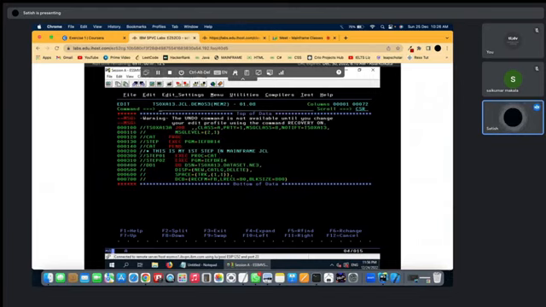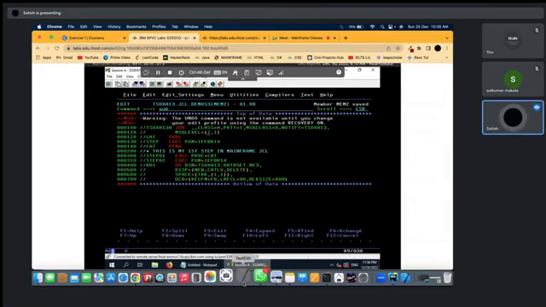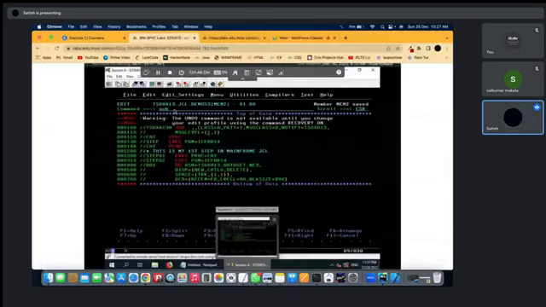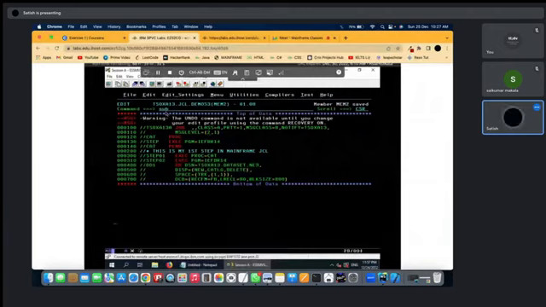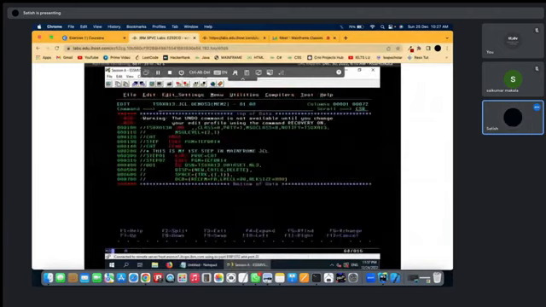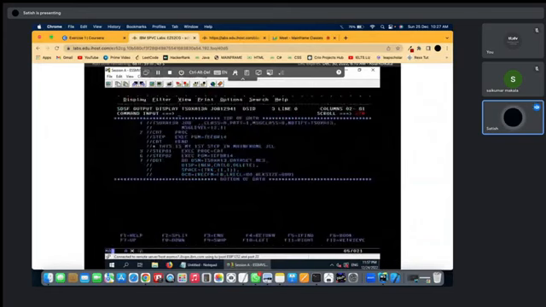Let us submit this job. Let us save it and submit this job. Message level I have given two. First we'll see the message level for two. If I give message level 2 and submit this job, if you go to spool and check the latest job,